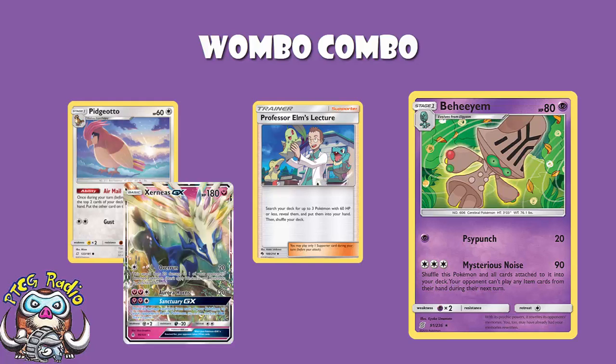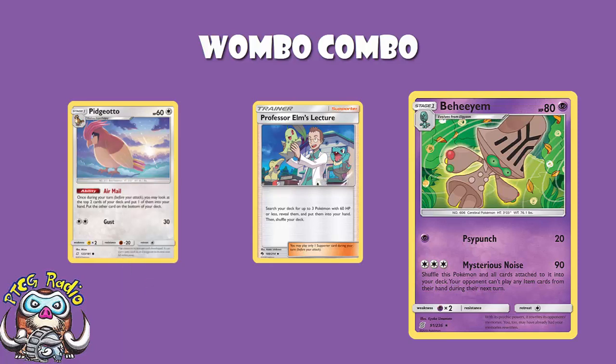got an ability. Once during your turn, you may look at the top 2 cards of your deck, put one in your hand and the other one on the bottom of your deck. And this gives you the consistency you need to get through the game, to get your Beheeyem, to get your triple acceleration energy, etc. And once you've got this set up, you want to run through your deck as fast